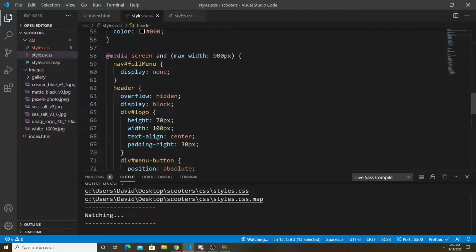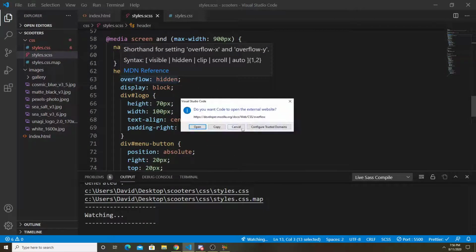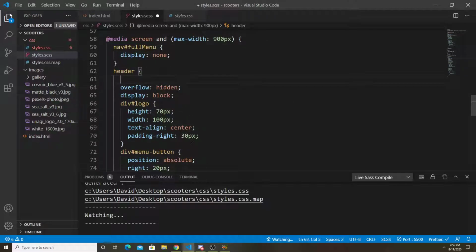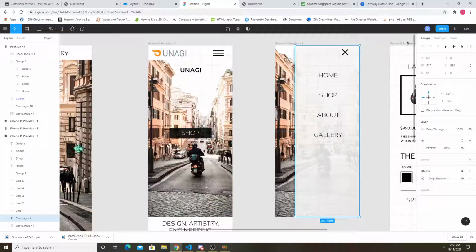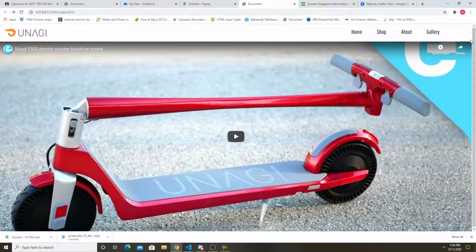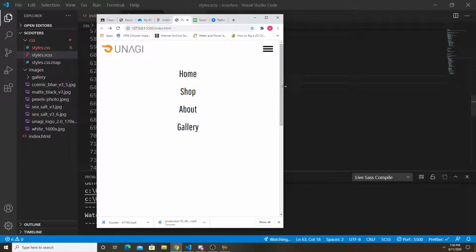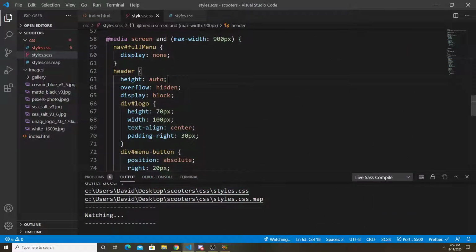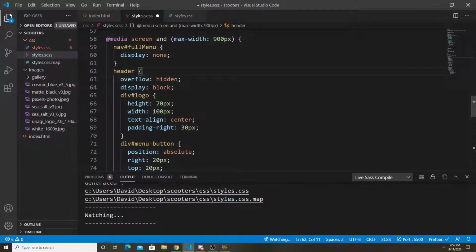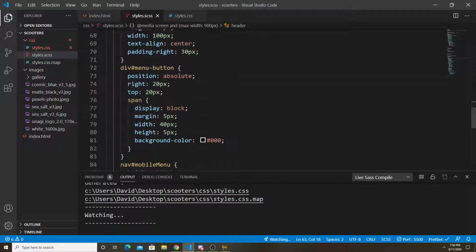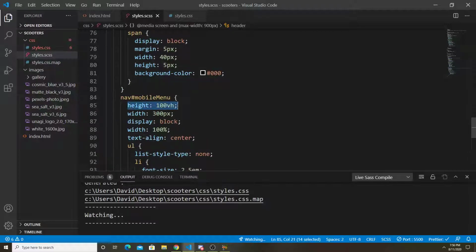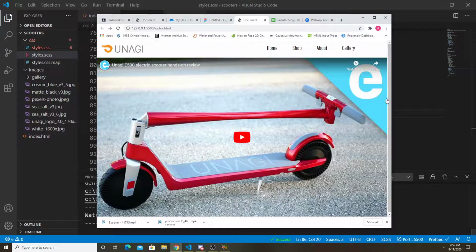So right now, if this had a height of auto, if it gets bigger, then we're in luck. If it's not gonna get bigger, okay, it does work. Okay, so yeah, we could make this happen. We just need to change this to auto, and then this needs to be height 0. Okay,